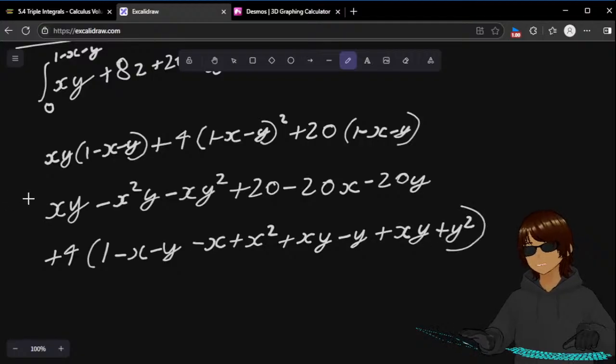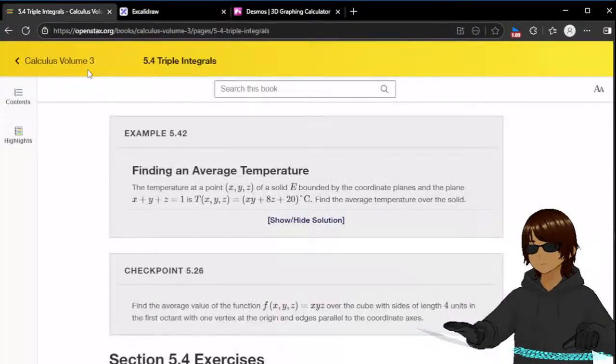And then we integrate all of this with respect to y. Then y goes from